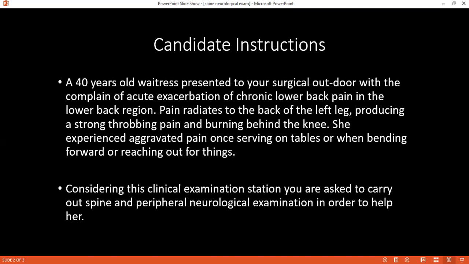So I would like to examine your back. Hope it's okay by you. Yes. Okay, so I'm just looking at your back. I'm seeing if there's any deformity, any scar there, or any other abnormality. I'm also going to examine your sides. I want to see whether you are bent to one side or the other. And then I will examine you in the front. Okay, so I've examined you.